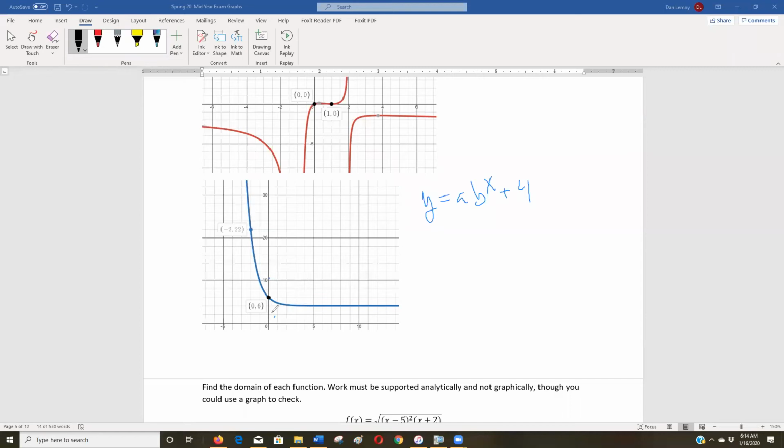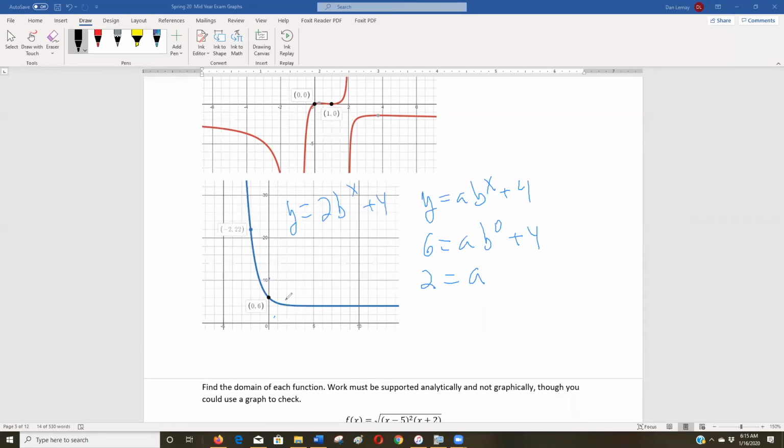And then let's see if we can eliminate one of these variables. So I know it passes through (0, 6). So 6 equals a times b to the 0 plus 4. Well, b to the 0 is 1. That's 1 times a. And then I'm going to subtract 4. So a is 2. So we know it's going to be y equals 2 times some number to the x